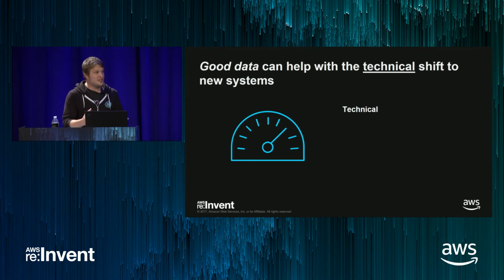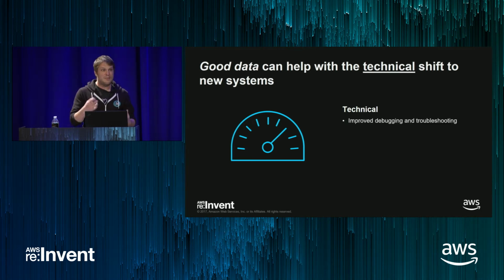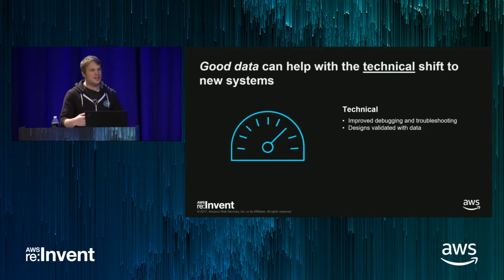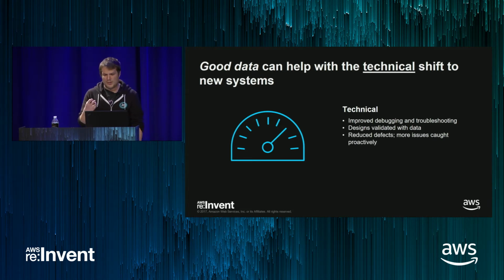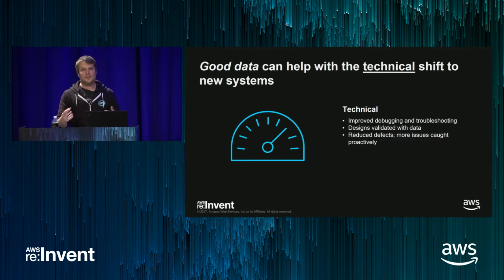And the technical reasons aren't necessarily all that surprising. Obviously, having good data and visibility helps with debugging and troubleshooting. Just like IBM System 360, knowing the state of the program when it fails is pretty useful. Much earlier in the process, before you're even writing a line of code, having data to validate designs. So based on previous systems, using that operational data to inform the design of next generation or new systems: what actually works, what should we build. Reducing defects, catching issues before they become a serious problem, and ultimately for the business, using all that to move